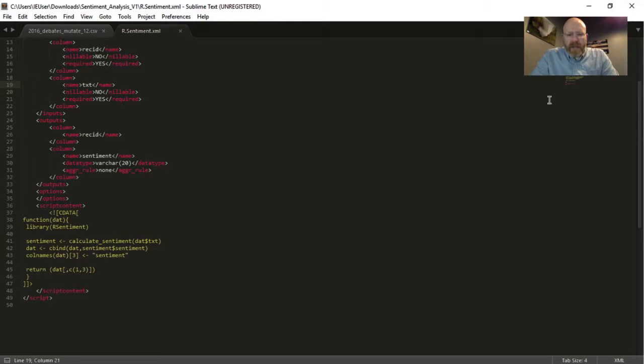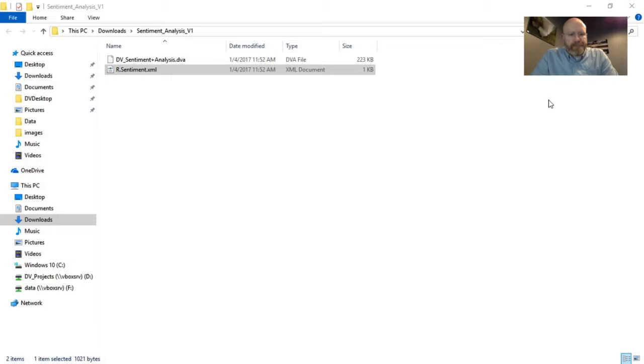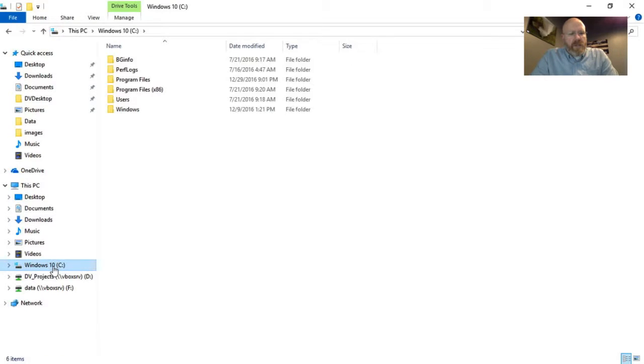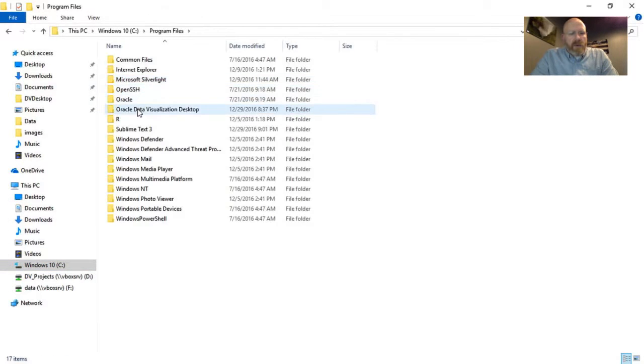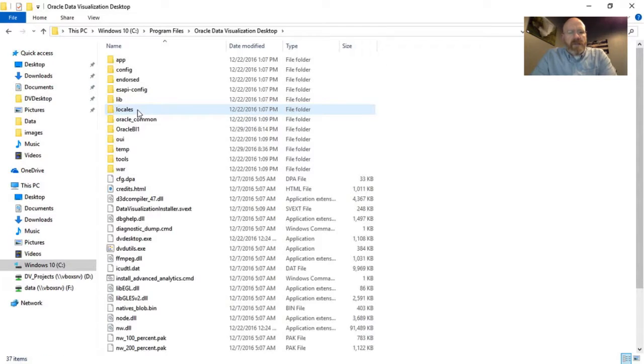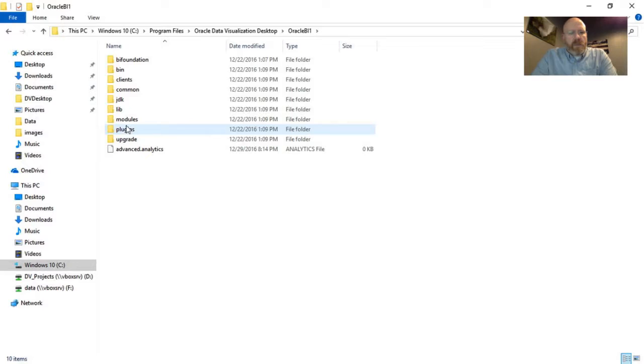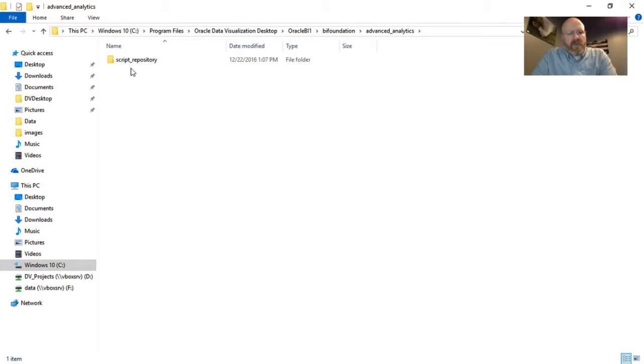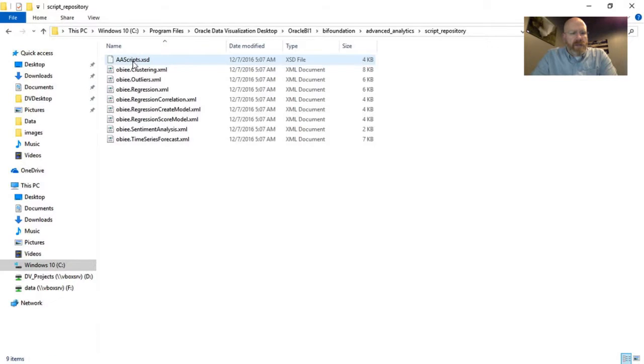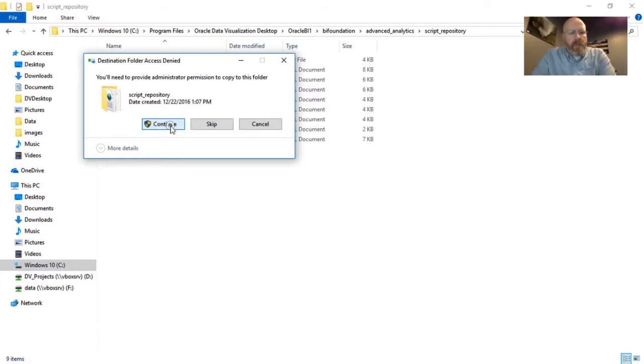So we're going to go ahead and take that file, copy it here in Windows, and paste it in a particular directory. I'm going to go to my Program Files directory and Oracle Data Visualization Desktop, where that is installed, and we want the Oracle BI1 directory. That's where we're going to go into our BI Foundation. There's an Advanced Analytics subfolder, and here is our script repository. So if we just paste that file here,